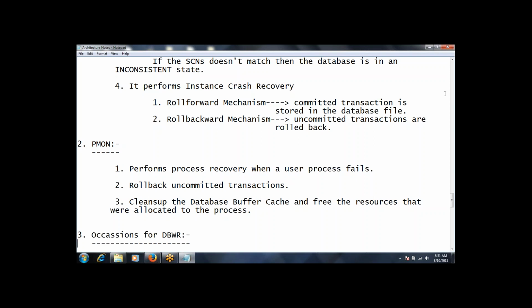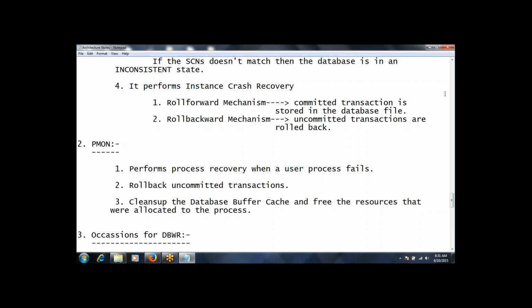If the transactions are not committed, they get rolled back. It will also clean the buffer cache, I mean the database buffer cache, and it will release the resources that were allocated to the process. Clear?